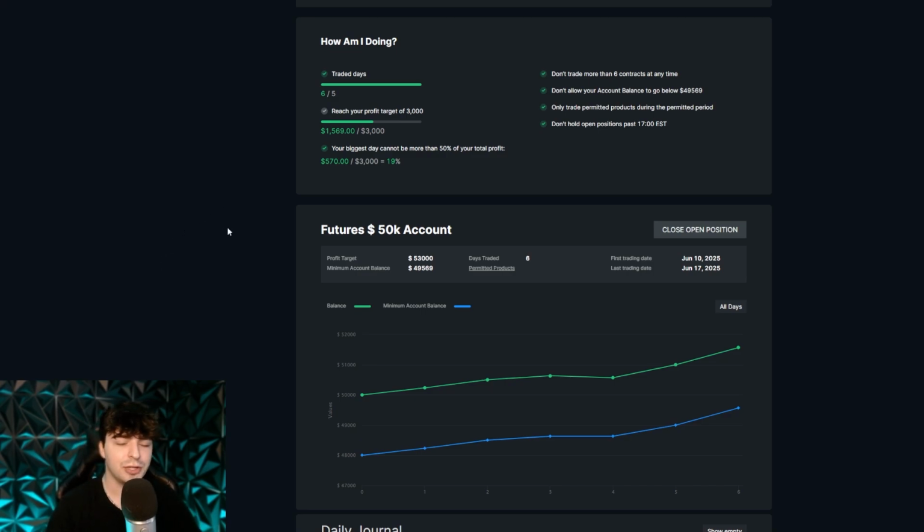Now we are getting into the gold standard of prop firms. Take Profit Trader is personally my favorite prop firm by far, because they have the simplest rules and the easiest payout requests. You can literally request withdrawals multiple times in 1 day, whereas other prop firms, you have to wait a certain amount of days, or you have to trade for a certain amount of days before you can request payouts. Take Profit Trader has none of that. As long as you follow their rules and reach the profit objective, you can withdraw whatever you make after that,